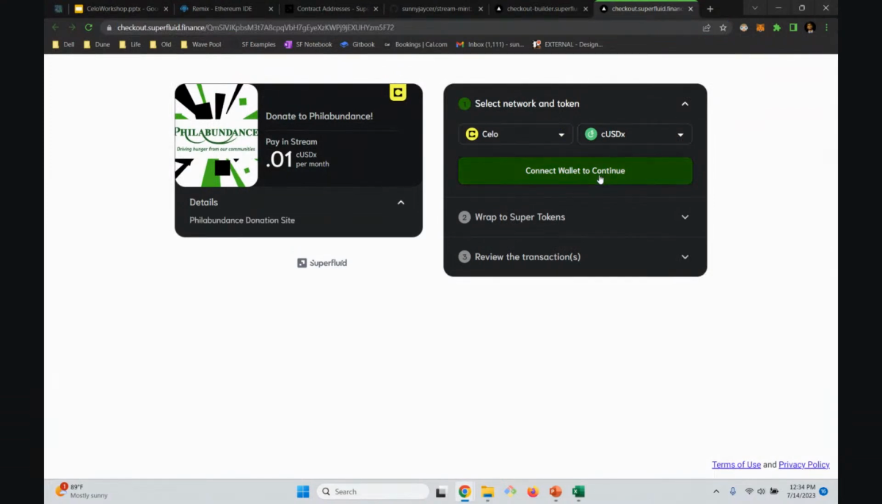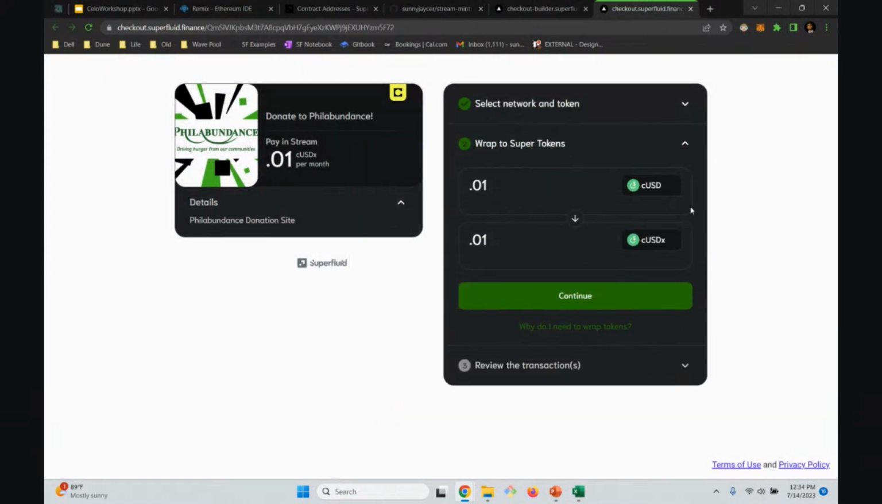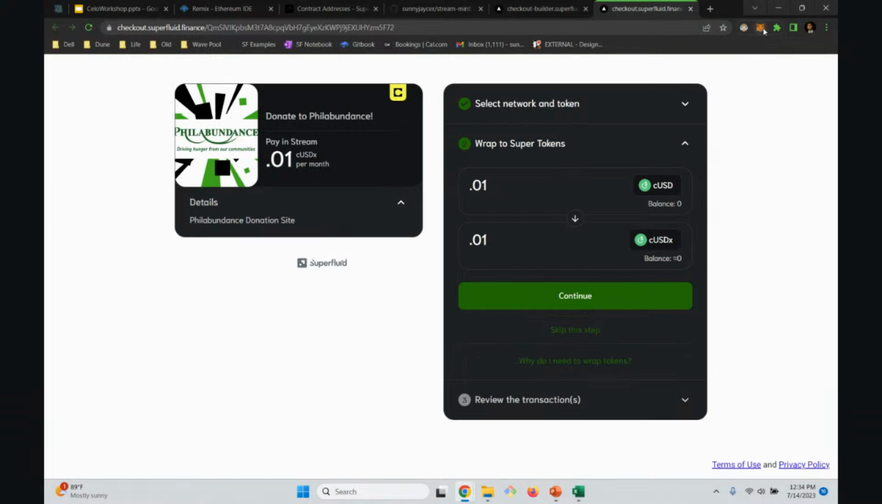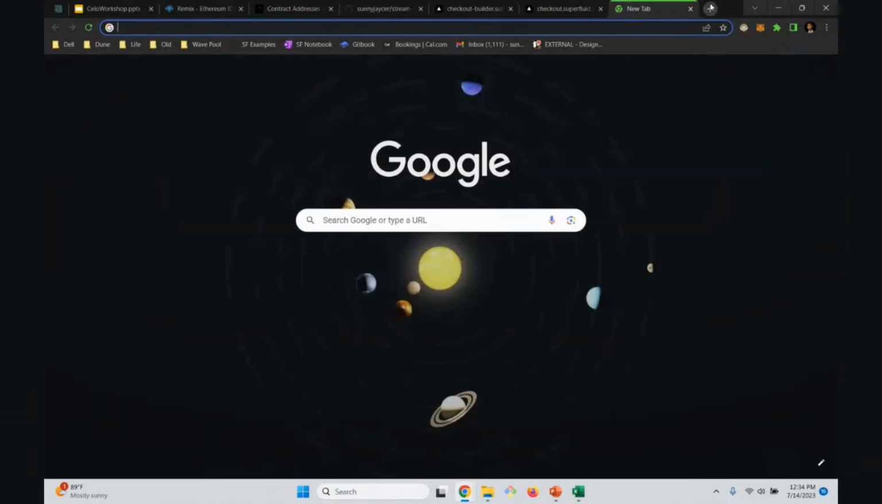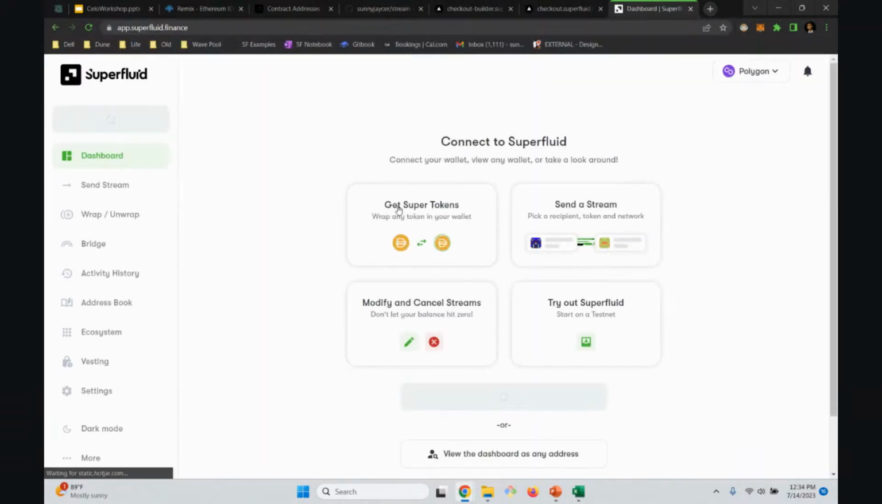So let's start our first stream. Let's connect my wallet. All right, my wallet is connected. And it looks like I don't have the CUSDCX. Let me just double check on the SuperFluid dashboard that I have the appropriate balance of CUSDX